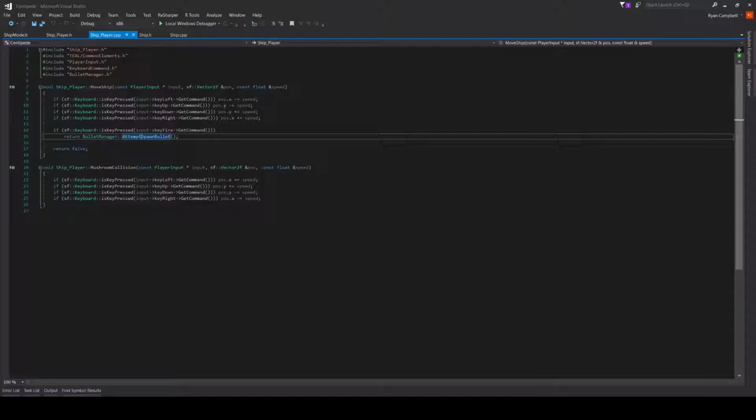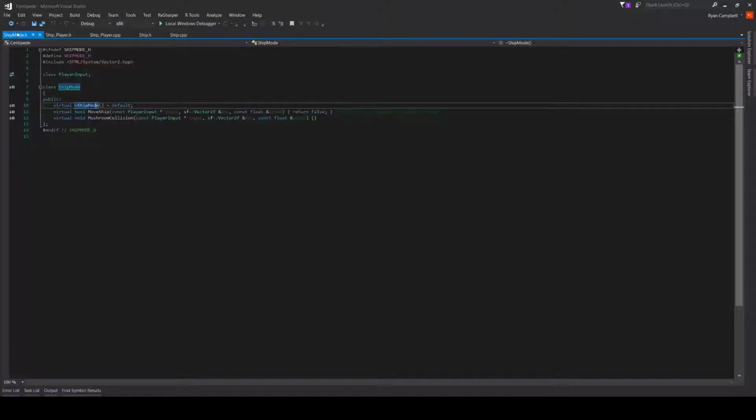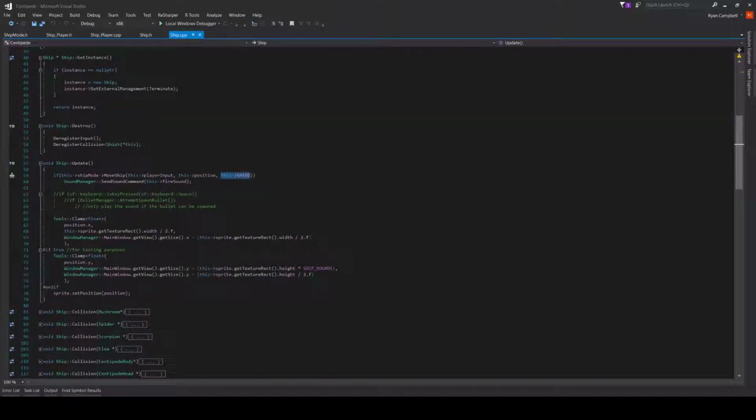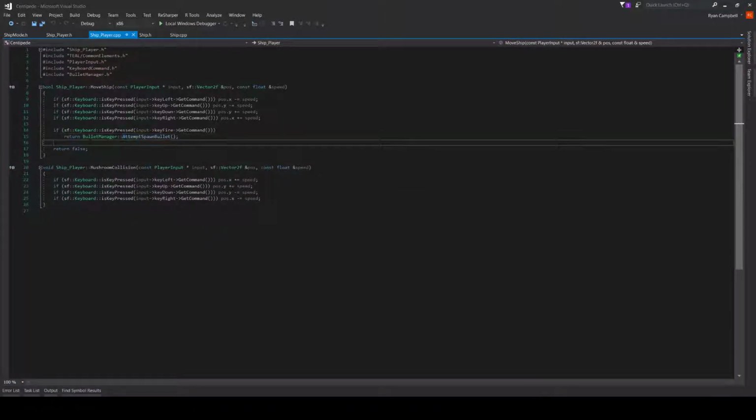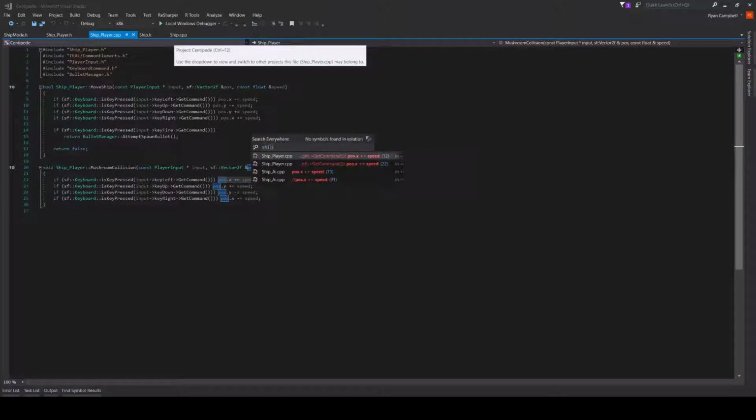So that's used for sound. So when the user presses down and they can't shoot, they're not going to send the sound command. But when it does successfully shoot, you do send the sound command. And then mushroom collision just essentially negates what you're typing. And then that's the same thing with ship